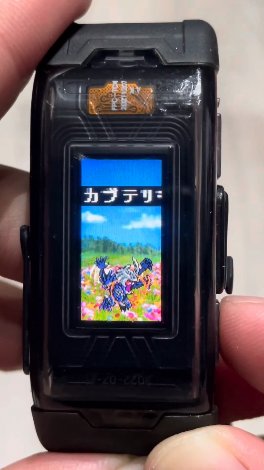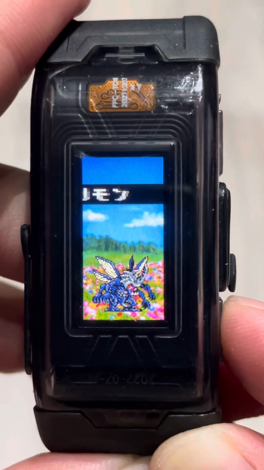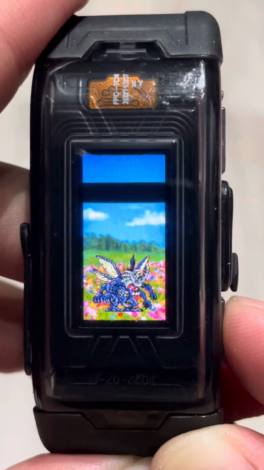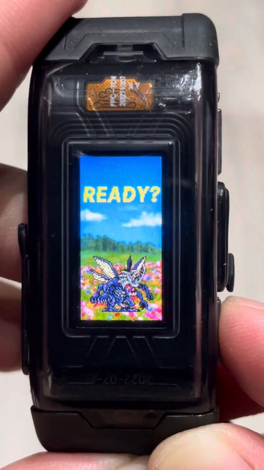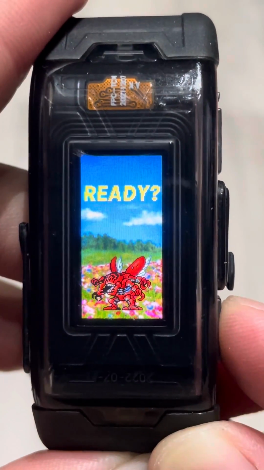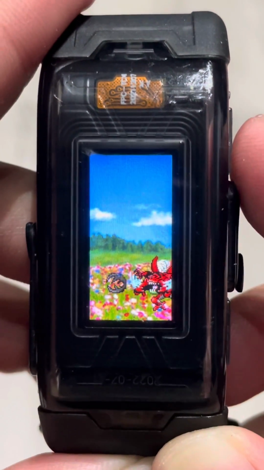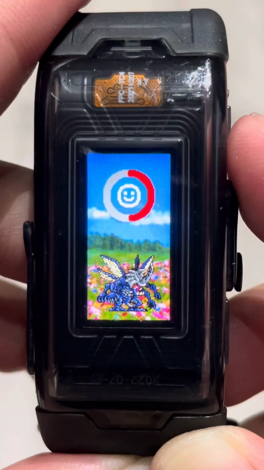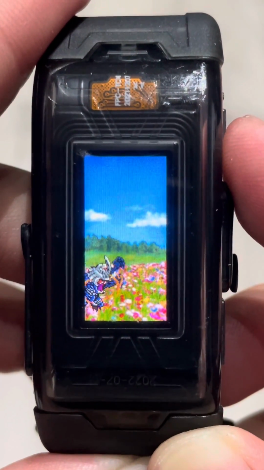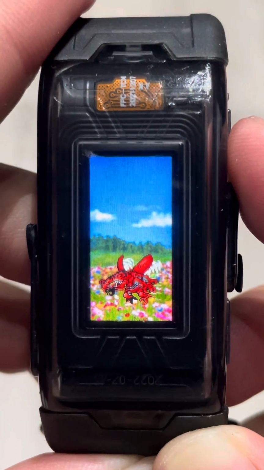It's okay now. We have enough wins under our belt. Let's see. You might lose because it's champion against champion and it's a virus against vaccine. So you have a type disadvantage of BP. You are more likely to miss your attacks. But let's see how you fare against Kabuterimon. Here we go.